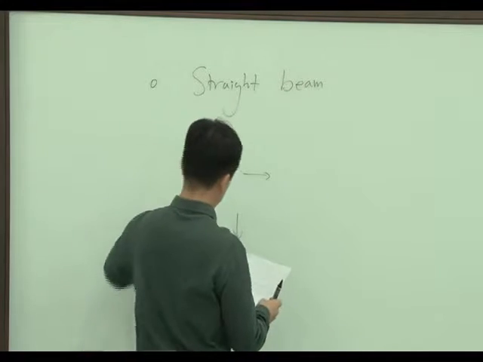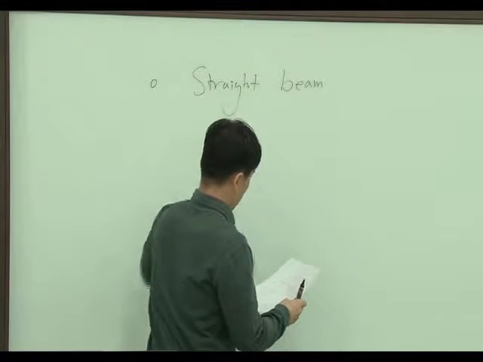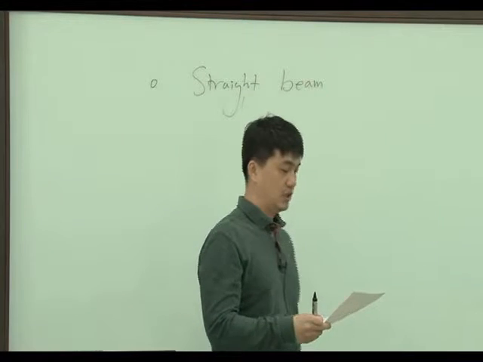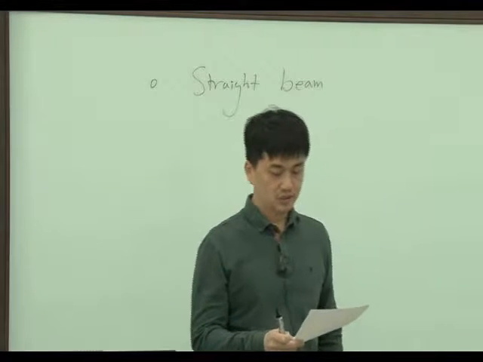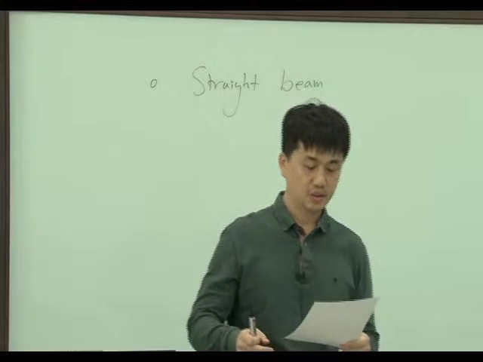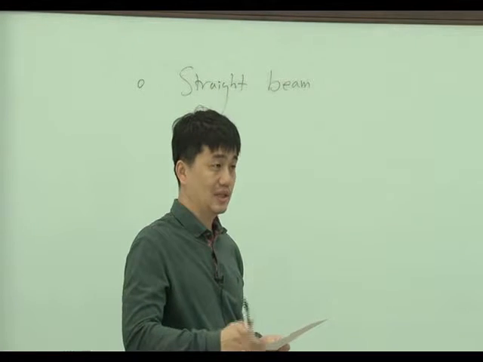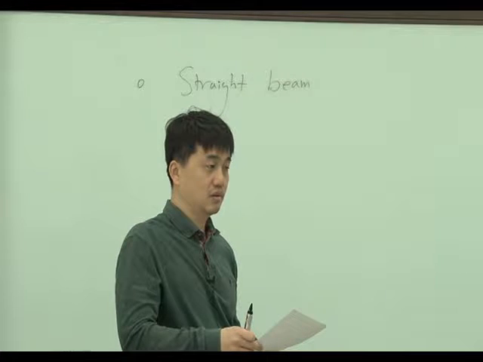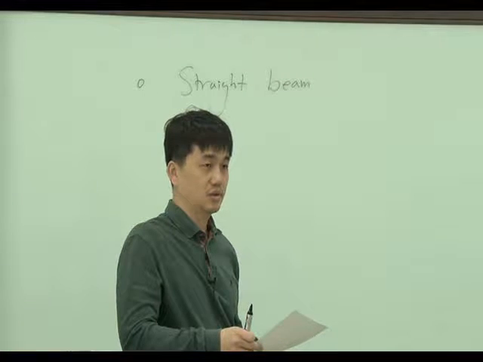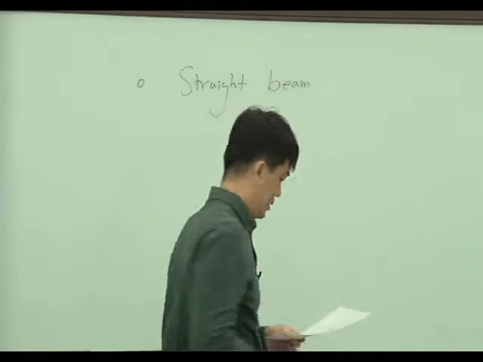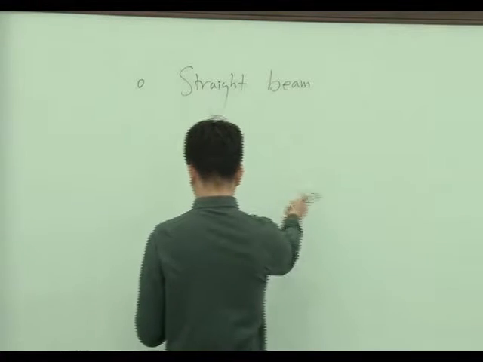Okay, so the assumption was a plane cross-section, originally normal to the midline of the beam, remains plane and undistorted. You remember? Okay, that assumption is a very important assumption for the kinematics of a beam. Okay, so now let me